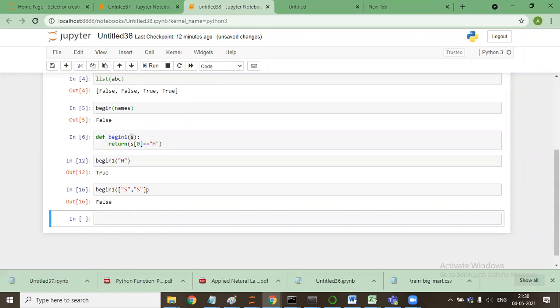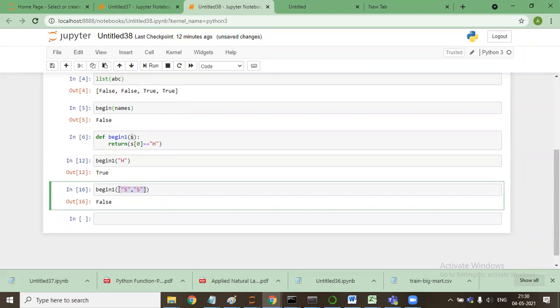So the thing is, when we say this list, this list is a single thing that is being passed. So it comes to the first element and does not go to the second element. It works on the first value that comes into it, considering the list as an argument here. But if this list has multiple values within it, and we want to apply this function to these multiple values, then we use apply.